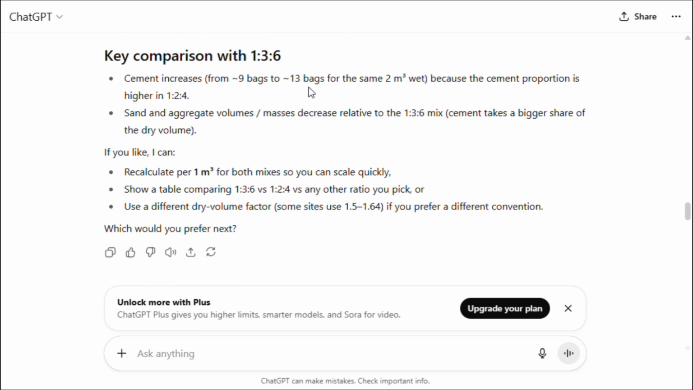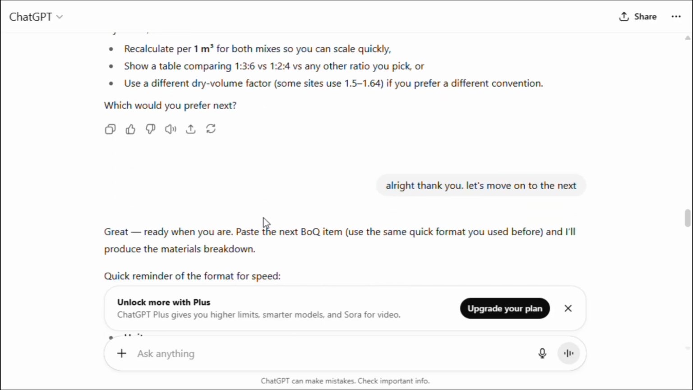So 9 to 13 bags, because the cement proportion is higher in the 1:2:4 than the 1:3:6. In 1:3:6, cement is 1/9. In the 1:2:4, cement is 1/7. So giving it a higher proportion of cement in the 1:2:4. But the sand and coarse aggregate seem to reduce a bit, because now the